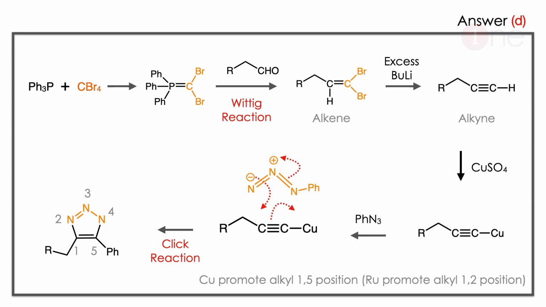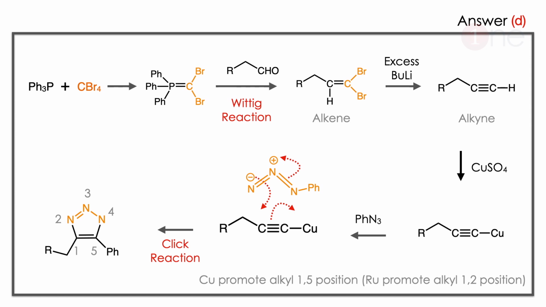The answer will be D. Let us see why. Look at the reagents, you very well understand that the first step is Wittig reaction, where phosphine reacts with carbon tetrabromide, forms the halide. Then the halide attacks the carbonyl carbon. Finally, alkene will be formed. The reaction is technically called the Wittig reaction, which is a very important one.